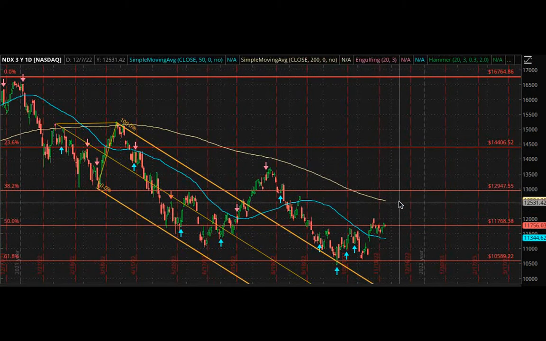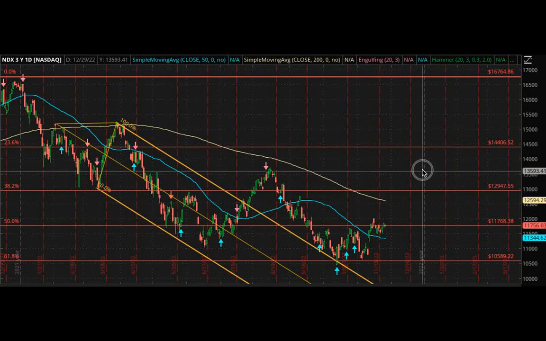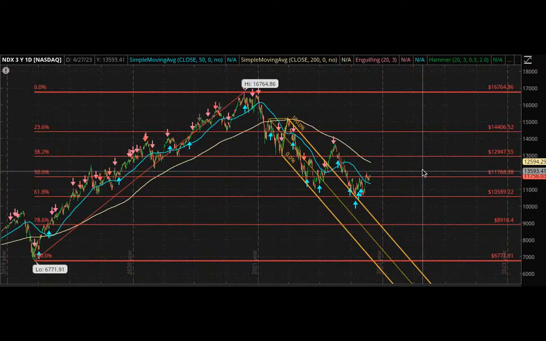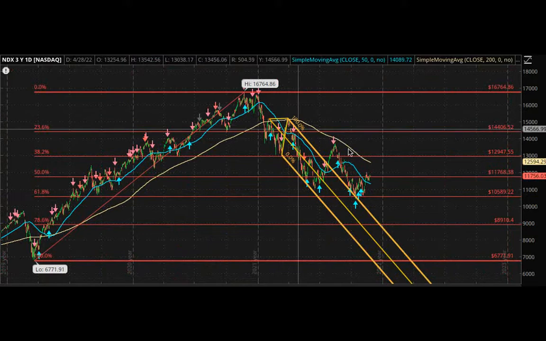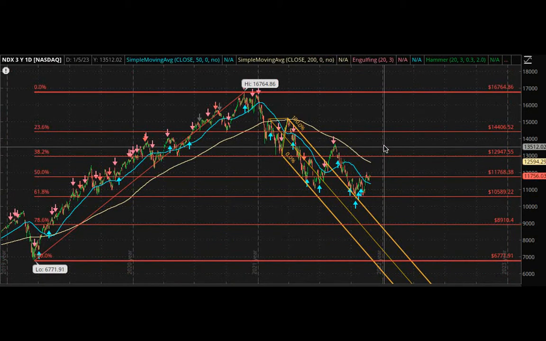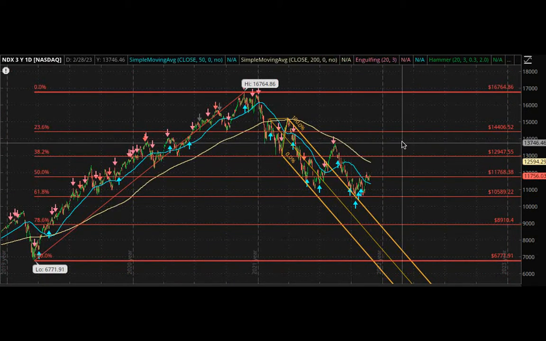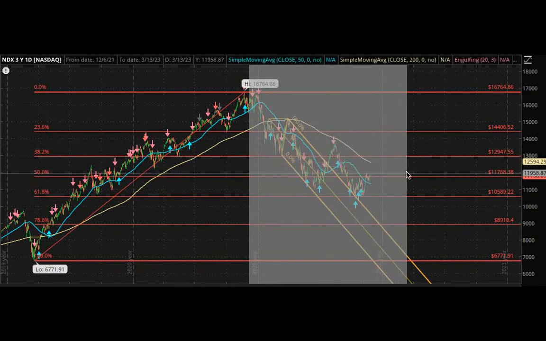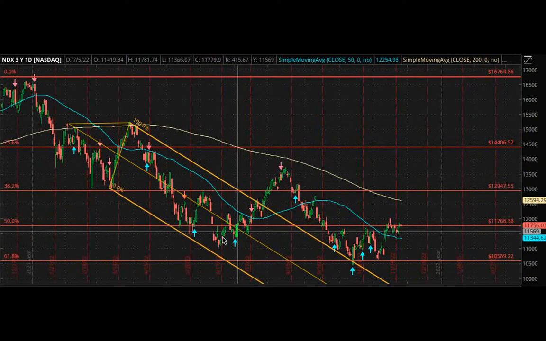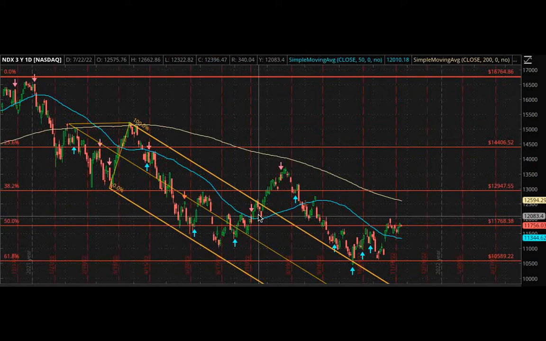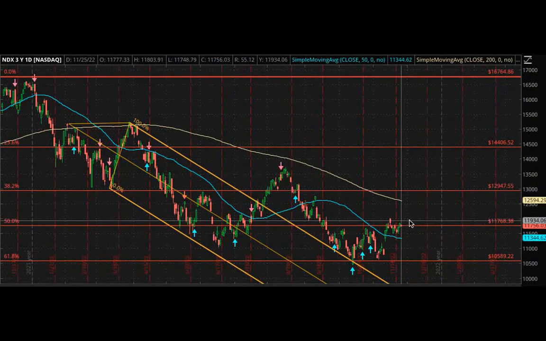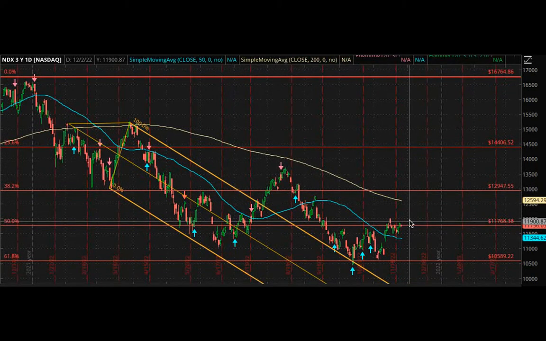So getting out of a bear market or out of a bull market has to do with the economy for the most part. I mean, we know we're in this bear market right now because the Fed is raising rates. So until the Fed stops raising rates, yeah, we can have these mini jumps and mini bull increases, but we're still going to transition into a bear market until something extremely changes.